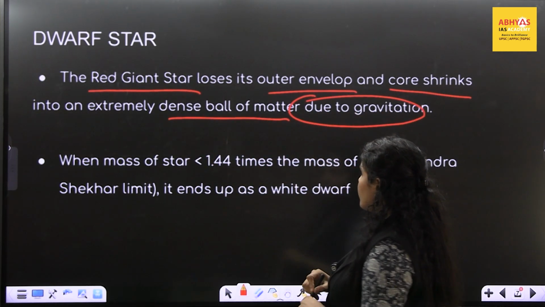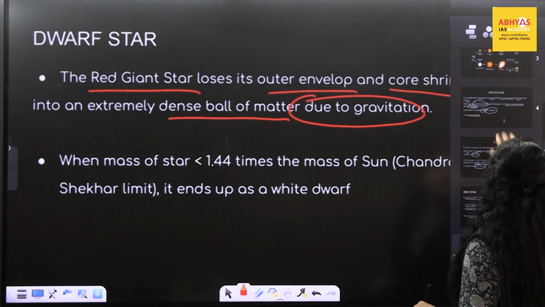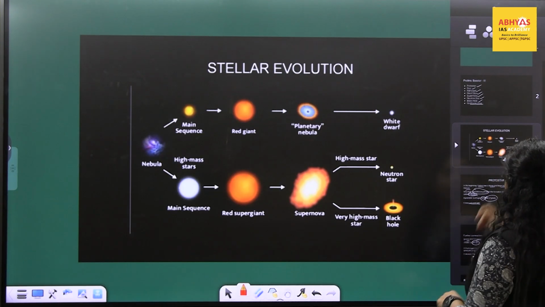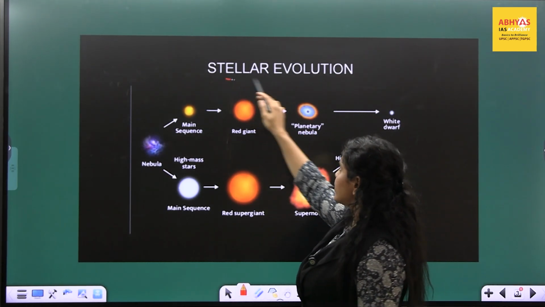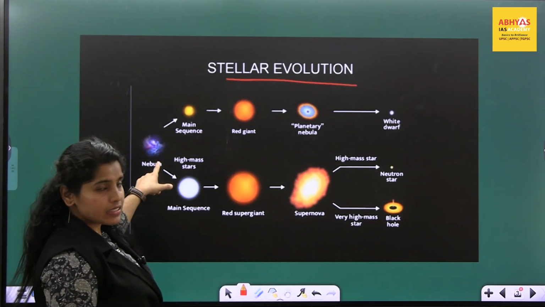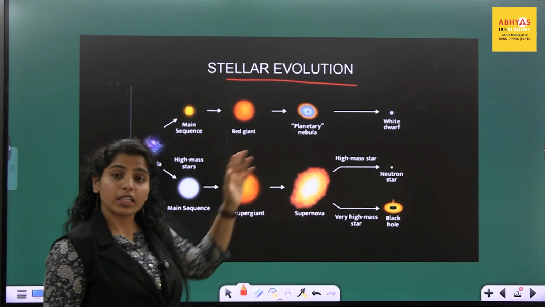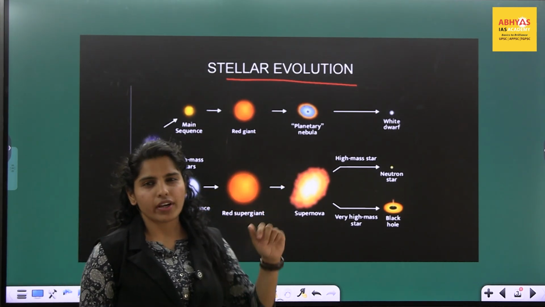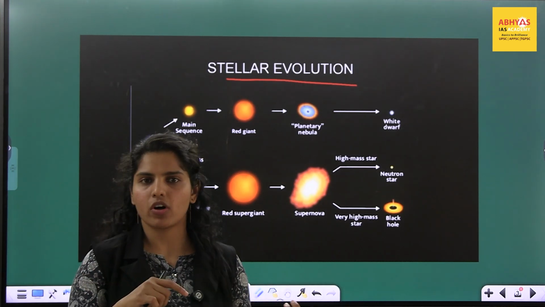Okay. So now it is the time that you should see the picture. This entire process is called stellar evolution. Okay. So from the nebula, which is a large cloud, from here the entire evolution happens. We studied this in the first class, where the origin of the earth is explained by two theories. One is the early theory, another is the modern theory.